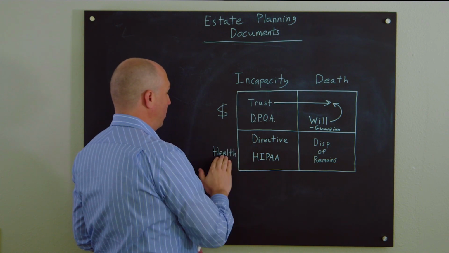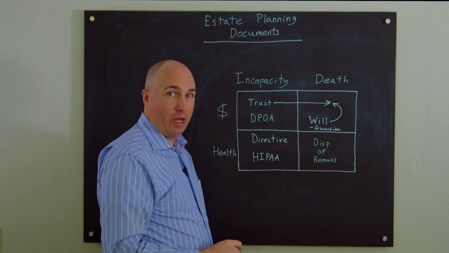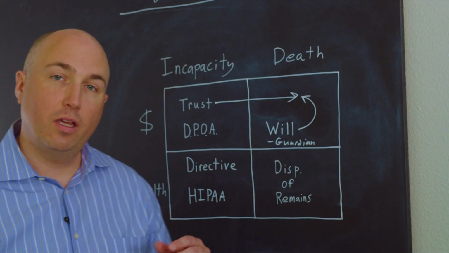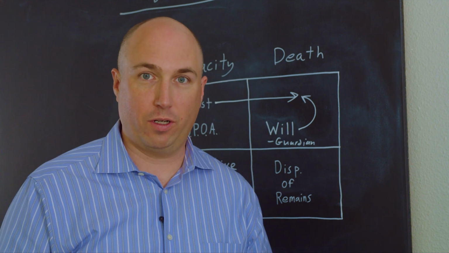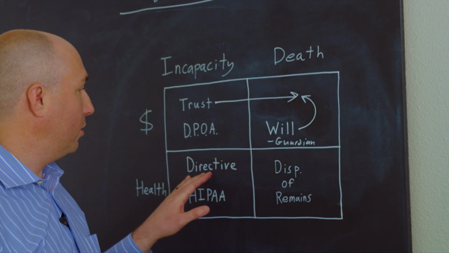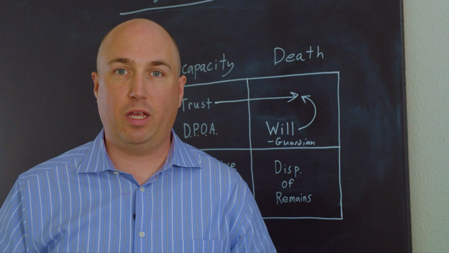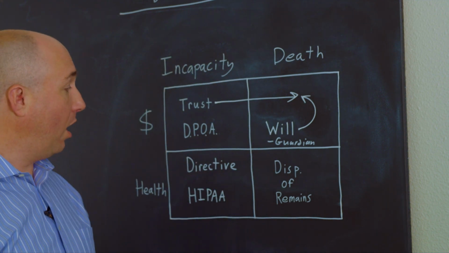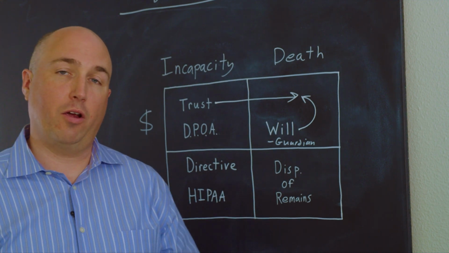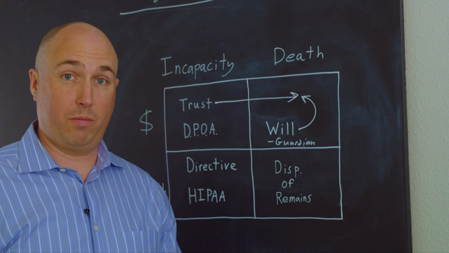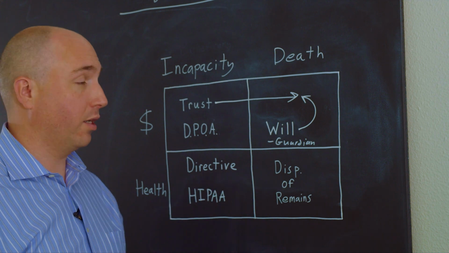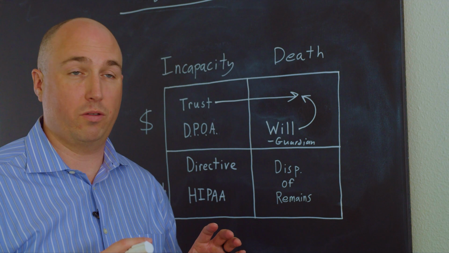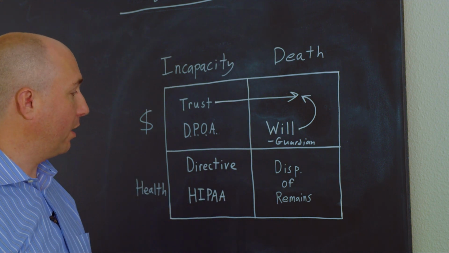During incapacity to handle healthcare decisions, we have a document called the Advance Directive. The Advance Directive is really just like a power of attorney, but over medical decisions. In my home state, the state of Oregon, we call this document an Advance Directive. Other states might call this a healthcare power of attorney. Sometimes they'll also refer to parts of this document as a living will. But in Oregon, we have just one document that deals with those things called an advance directive.